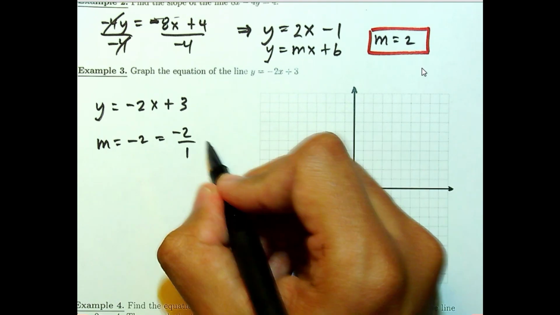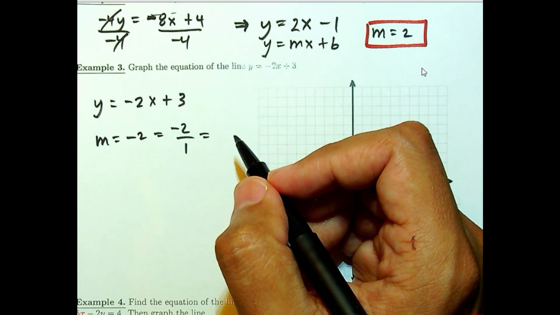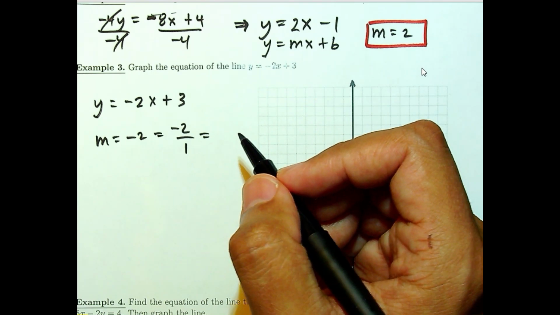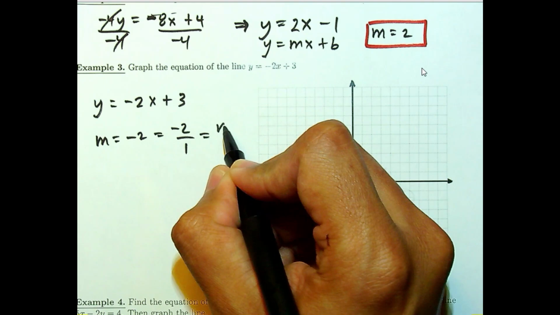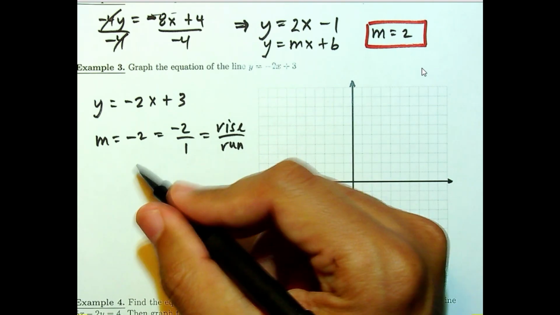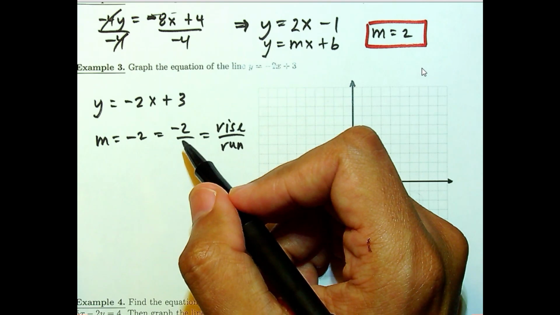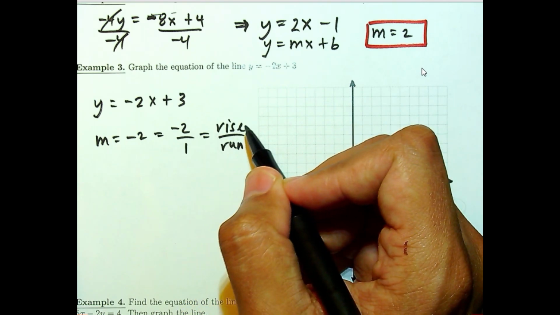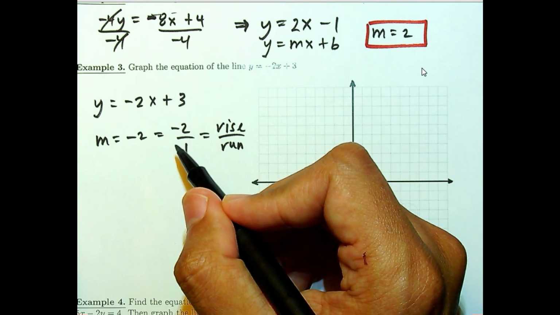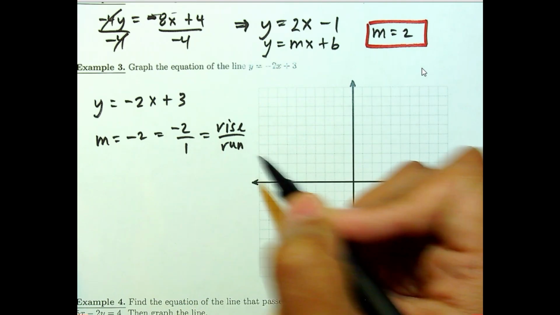And the reason we want to do that is because if you remember the formula for the slope, it is a fraction, right? It is rise over run. So we need to think of the slope as a fraction so that we can think of rise and run. So in this case, this means the rise is -2 and the run is 1. And we're going to use this information